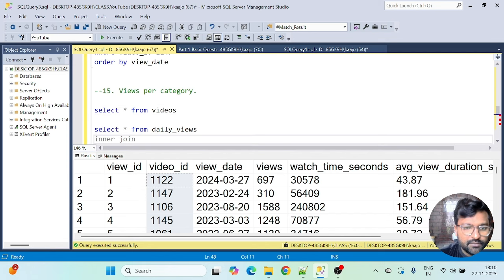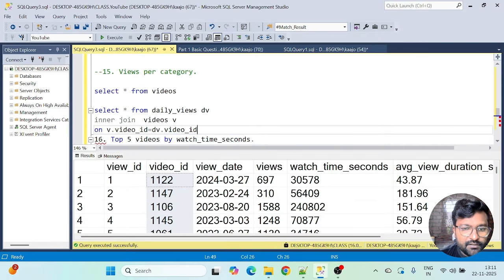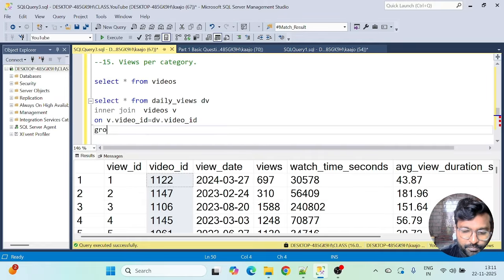Join videos table, alias it as v, and alias daily views as dv, on v.video_id equals dv.video_id, and group by. Because we have been asked to calculate the views per category, we have to group by category here.